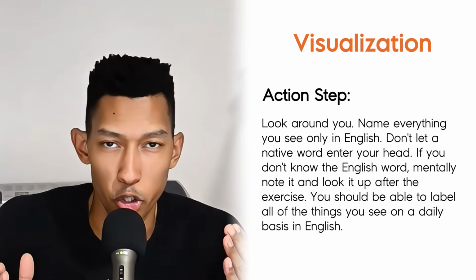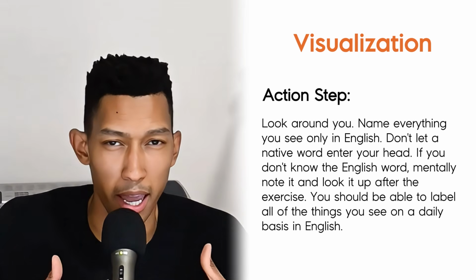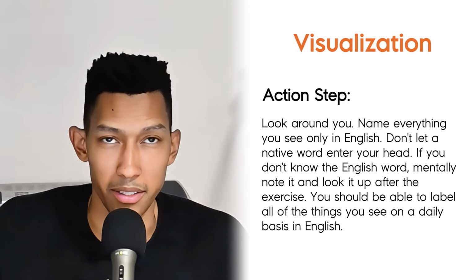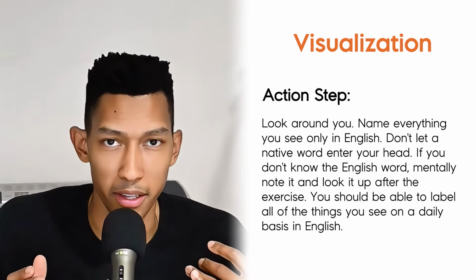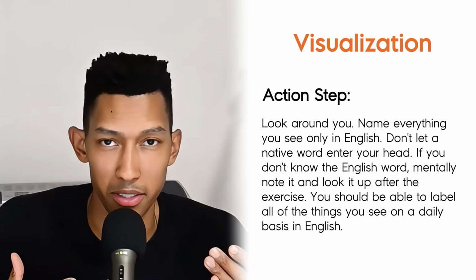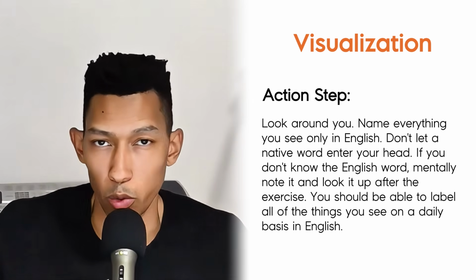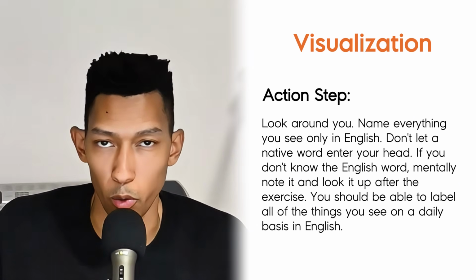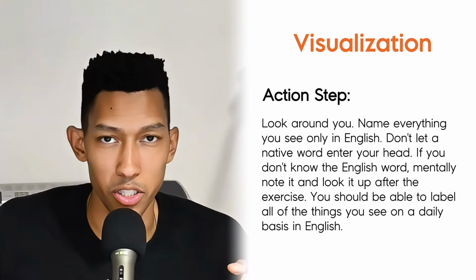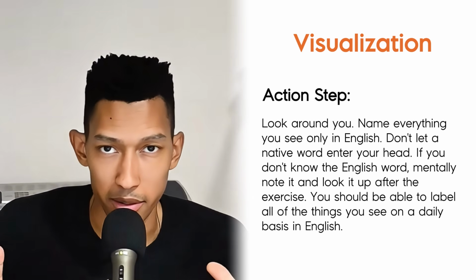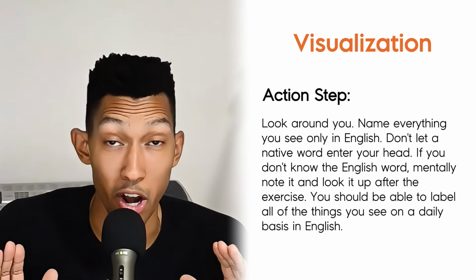So, something that you should do today, if you cannot already do it, is look at literally everything that you come across on a day-to-day basis. That could be everything in the room around you, everything that you see as soon as you walk outside your apartment or your house, and then actually see if you can label everything in the English language and not your native language. You'll know if you're doing this right if you get to the point where you can identify objects in the English language